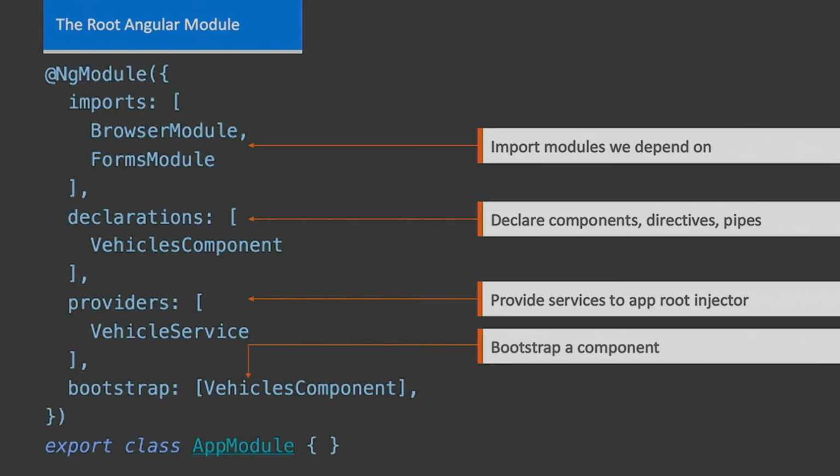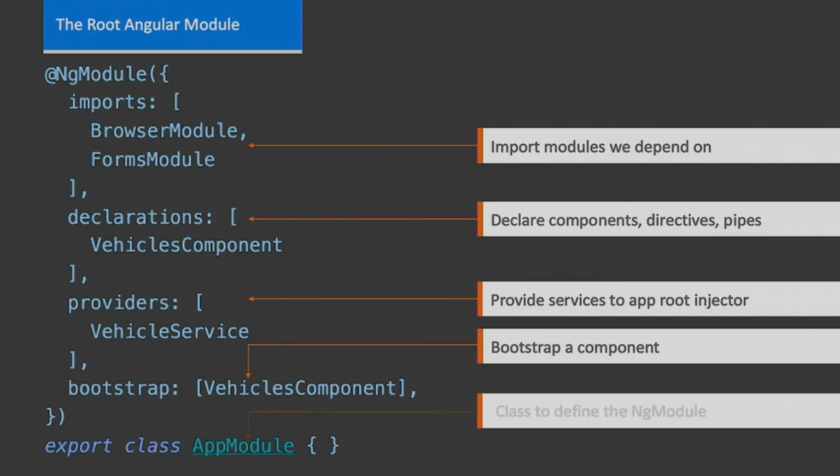And then in one module, just your root module, you'll tell it what to bootstrap. You might have other modules in your app. You don't bootstrap everywhere. You only bootstrap in one place. That's the starting point of your app. Say, OK, when I start up, this is what I want you to show. And then you define a class. And quite often, the module class has no code. Notice that. It's effectively just a way to contain everything in our app. It's a manifest of what our module contains.